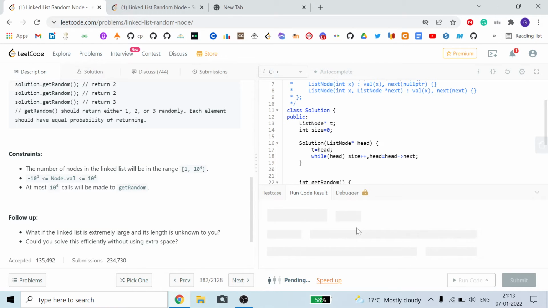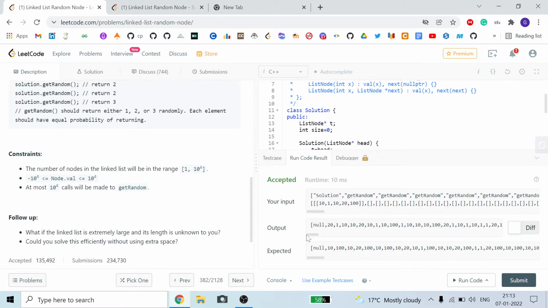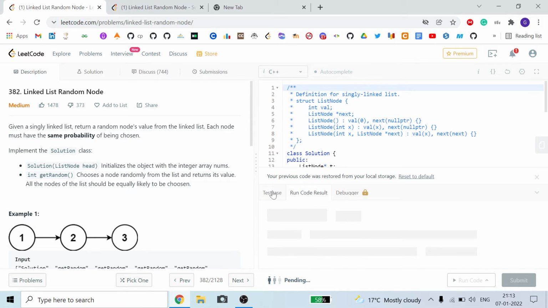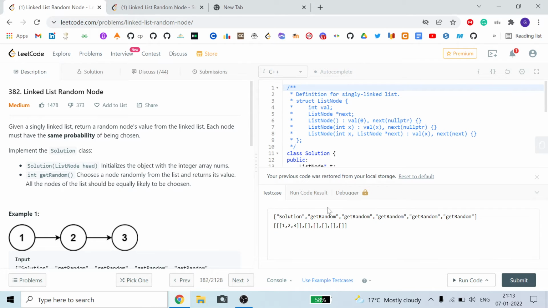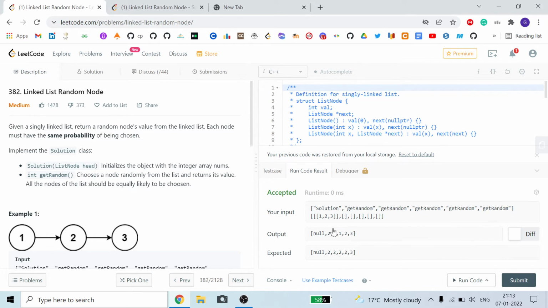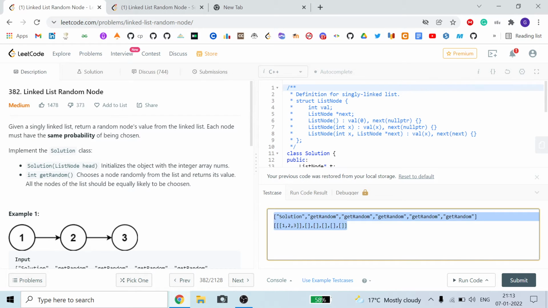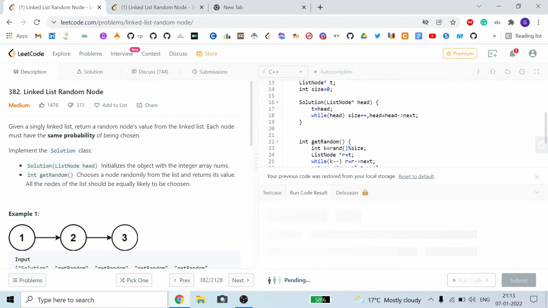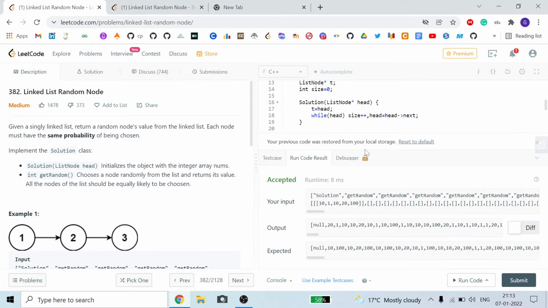So you can see I am trying to run this again. You can see the output is not the same, and if I refresh the page, you can see 21 10 10 20 10 something is the output. And if I try to run my code again, I can just check. Oh no, wait a minute, I have to copy the code. This time the same. It's not possible that the rand function will generate the same value each time, or it's generating the same value, I don't know why.